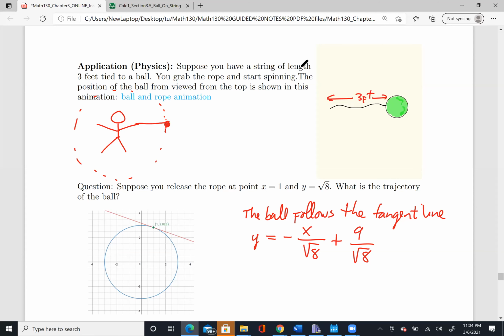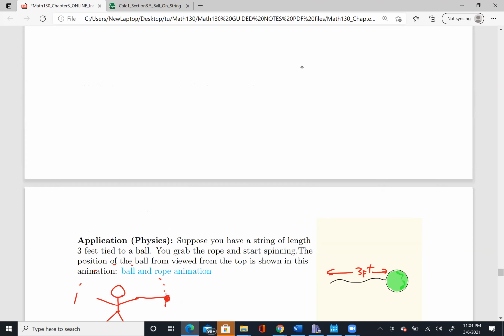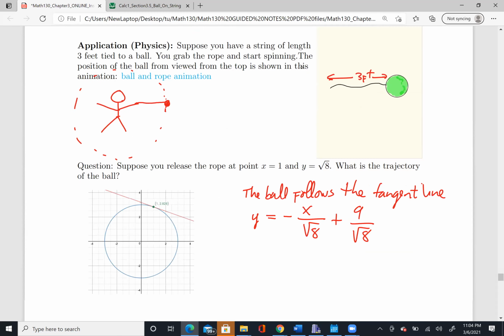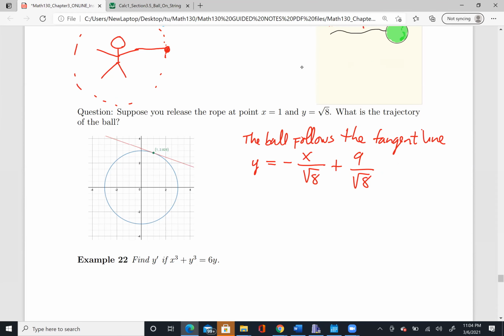So I can have these functions, these tangent lines from the previous problems over here. After you finish this equation of tangent line, you will have this is a tangent line of this case, and okay, and then